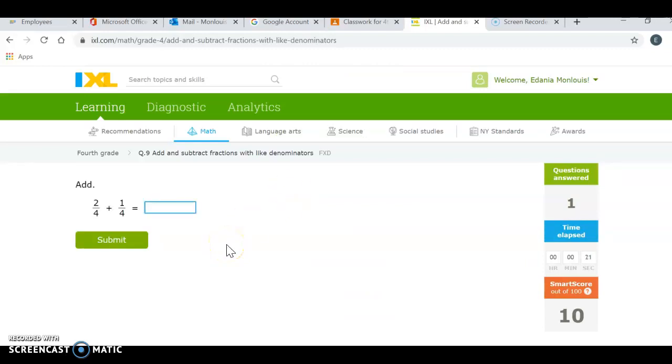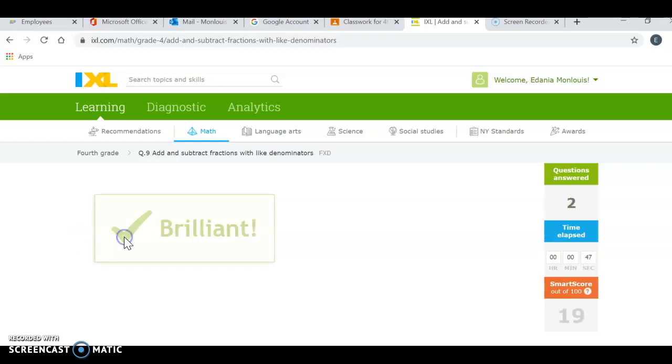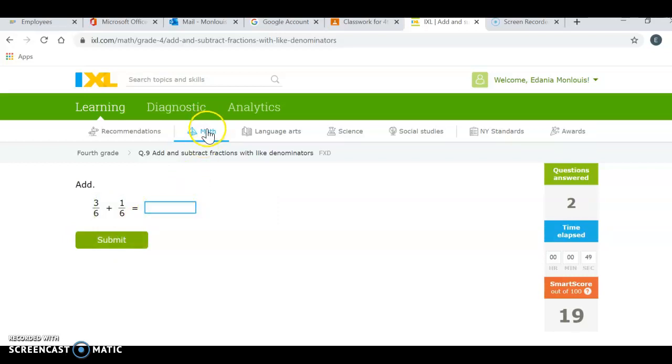you are not going to have a number line to help you. All right, first you're going to put on your goggles, and you don't really have to do that because all of them have the same denominator, but you always have to put on your goggles, look at the denominators. If they are the same, then you know you're going to leave it the same and you're going to add the numerator. 2 plus 1 is 3, and you put a forward slash for the fraction, and you put your 4 and submit. Okay, so you do this, complete it, and then we'll return to the classroom chat and we